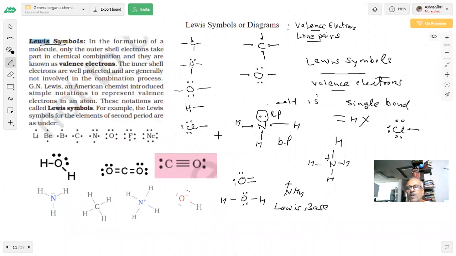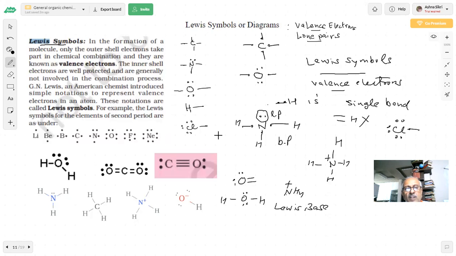In the chemical bonding chapter, we told you how to draw the Lewis structures for different compounds. We did that, and again I'm doing that in organic chemistry. Why? Because organic chemistry reactions take place because of the displacement or movement of electrons. Someone is donating the electron, but if it doesn't have one, how will it donate, and how many bonds will it form? Because along with carbon and hydrogen, we will have oxygen, nitrogen, halogens, sulfur, etc. in the compounds we will study. So we should know these molecules.